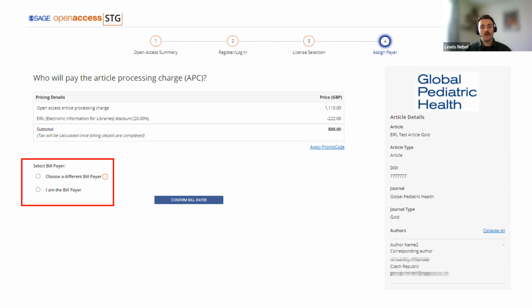With nominated bill payers, they will need to take action and respond to that email within 5 days. They'll get a reminder email on the 3rd day as well. After 5 days, it will be automatically declined and will then return to the author to say that they need to select a different bill payer. With centralized bill payers, they have more time than that.